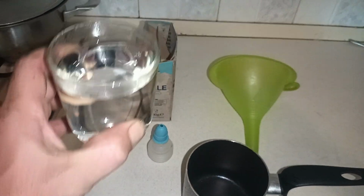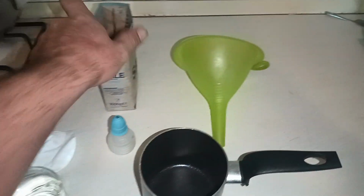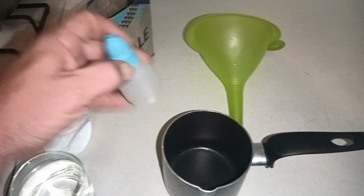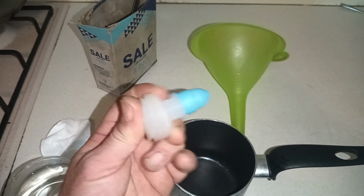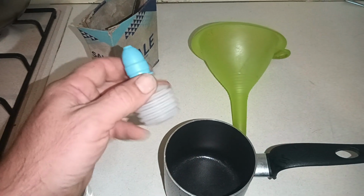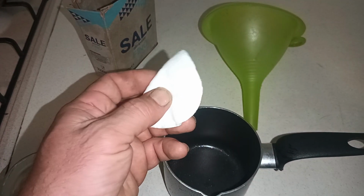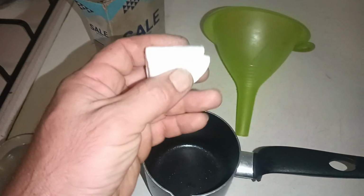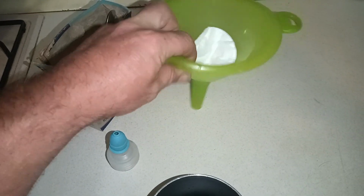You need 1 glass of water, something to boil, salt, this thing that is for washing your nose, or even a syringe, a funnel, and a cotton piece. This is for filtering all. You put it inside here, okay,